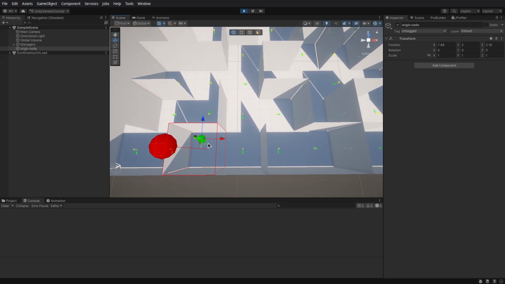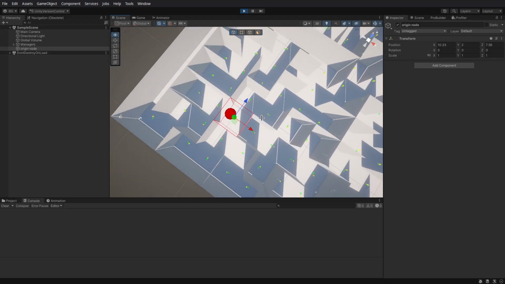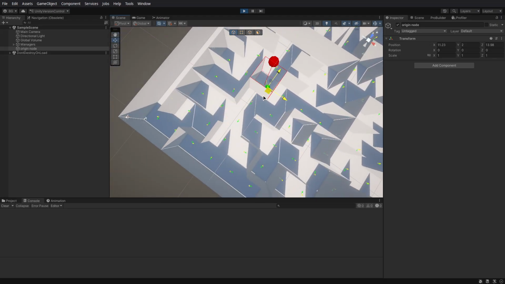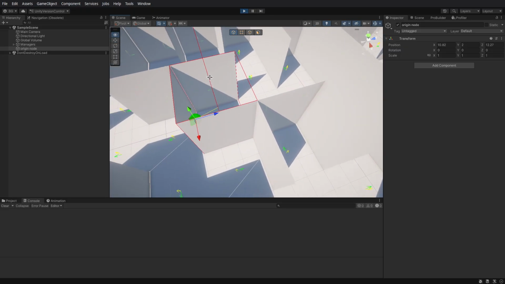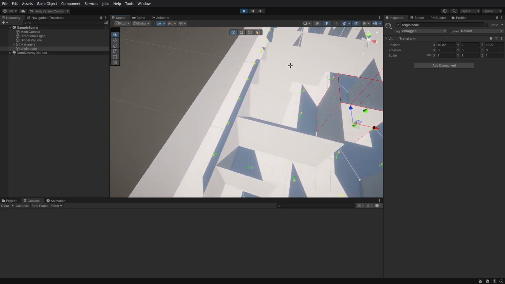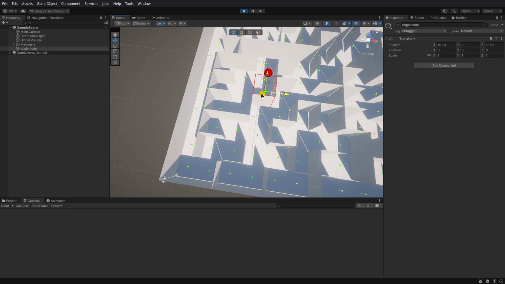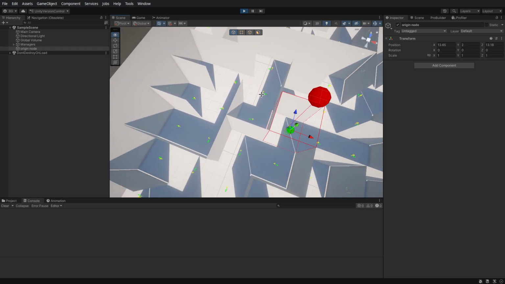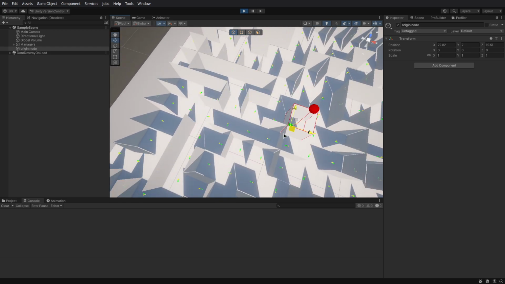It's broken. I don't know what I changed, but I think I broke something. Basically, what it's supposed to do is cut through the walls and such. I don't remember what I changed to break that, but it doesn't work right now for some reason. But if it were working, if you were to move the origin node,